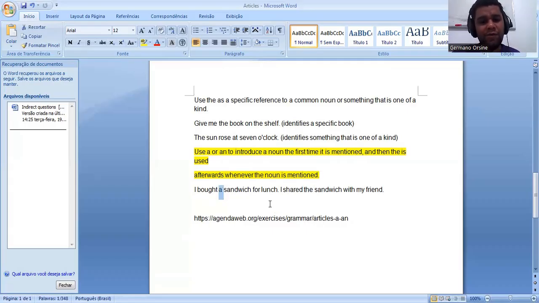I bought a sandwich for lunch. I shared the sandwich with my friend. So first of all, we have to use the indefinite article just to mention it. And after that, we can start using